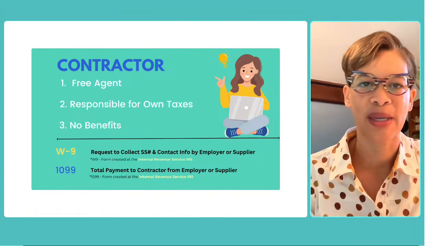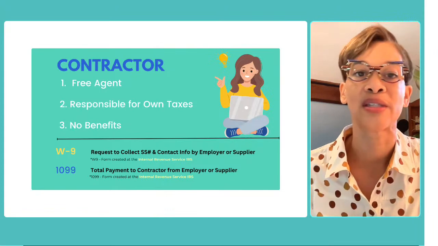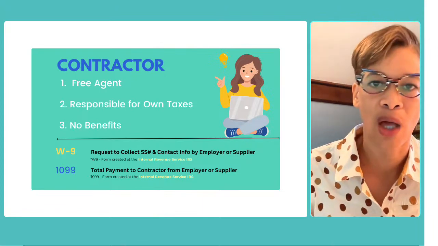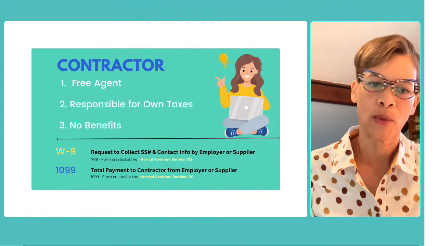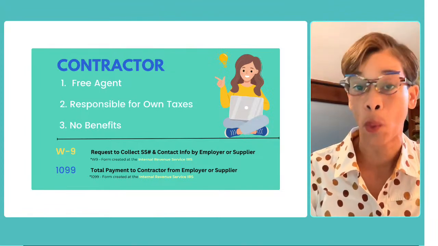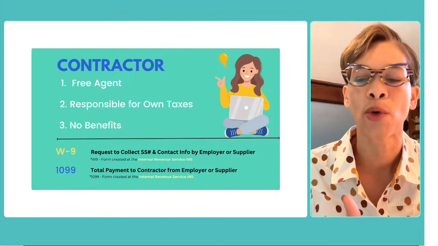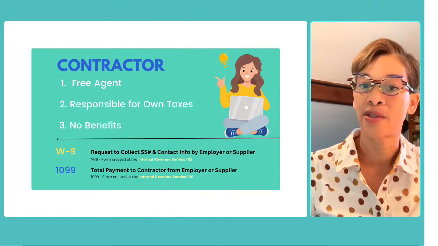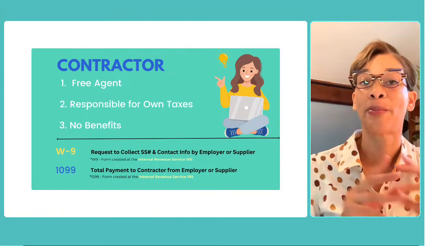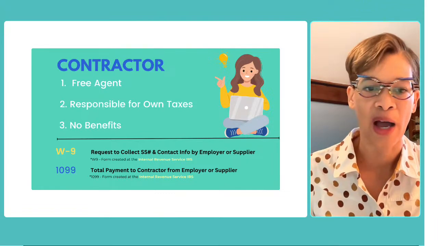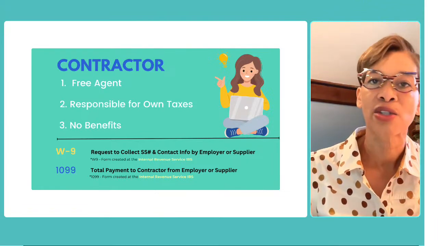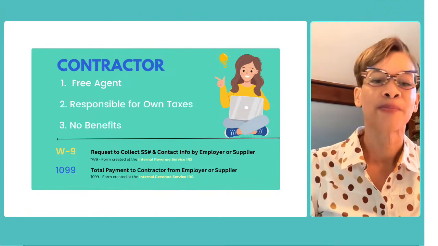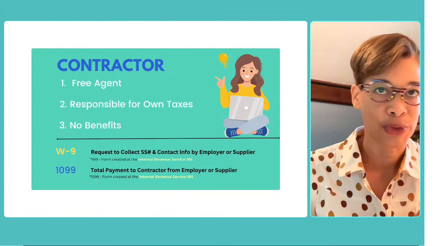And again, this is a US based thing. So if you're overseas and listening to this, you may have your own local requirements or local laws that are a little different or similar. So I encourage you to find out what the equivalents are in your local country. But in the US, we have a form called the W-9, which is issued by the Internal Revenue Service, the IRS. And it's a request to collect information from you: your name, your address, your contact information, and your social security number.